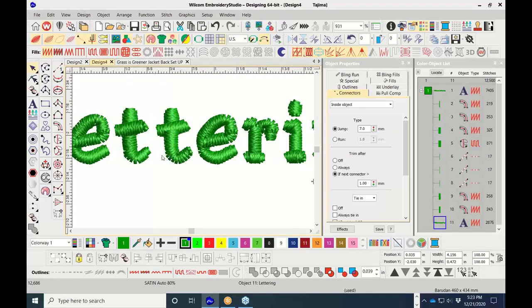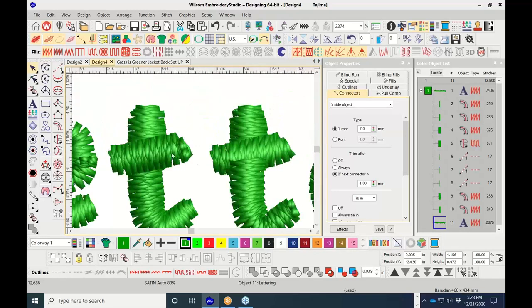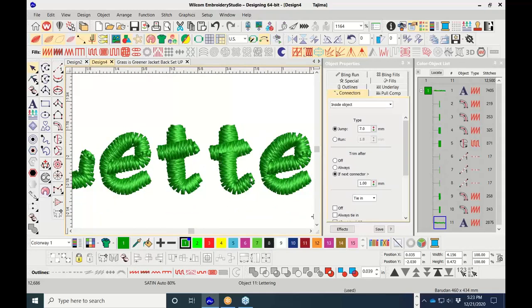Okay, and as it goes in, it's going to do its tie-in stitch, and here's your tie-off stitch at the end here, actually. Okay, this is at the end of the design. And you have to have those in order for the stitching to remain locked inside the fabric so it does not unravel. Okay, and that's what the trim after does. So whenever you have Wilcom text and you're working on the connectors, trying to get the machine to trim, this is what you'll use, the inside object. With any other objects, you'll be able to use the after object. Okay,